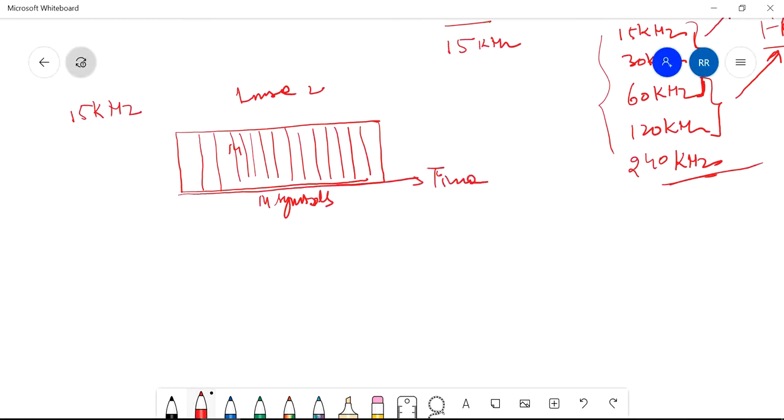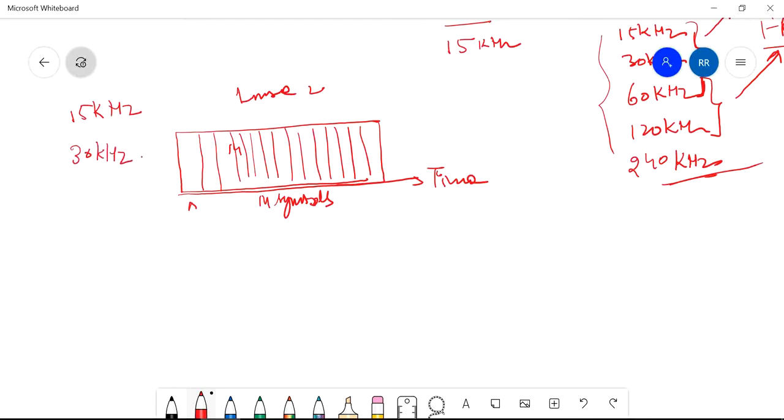So there is a time for a particular symbol, right? One symbol, suppose it has some particular time, any time. We can say, just 1 minute. Just a moment. Okay, now what will happen when we have 30 kilohertz